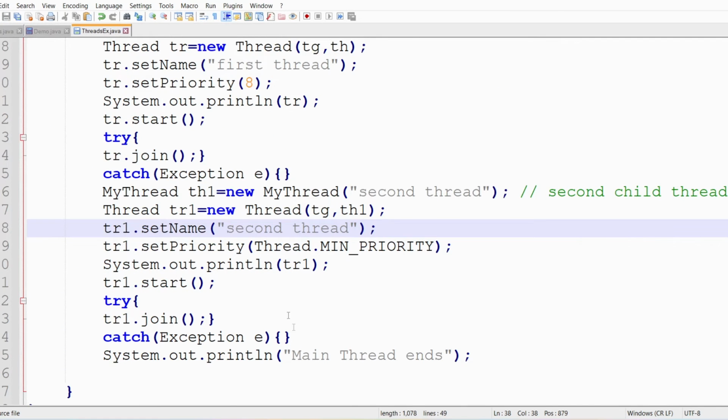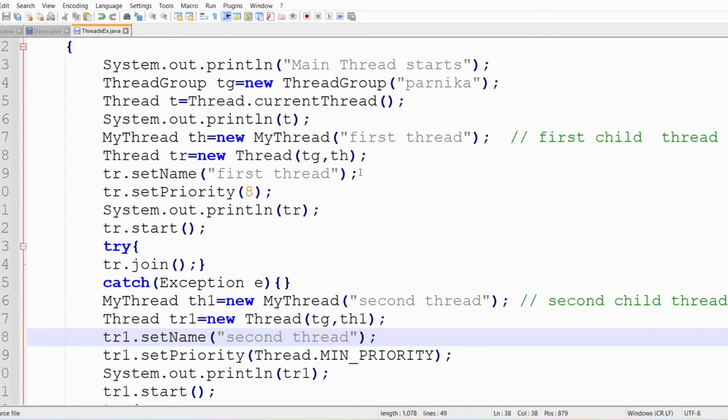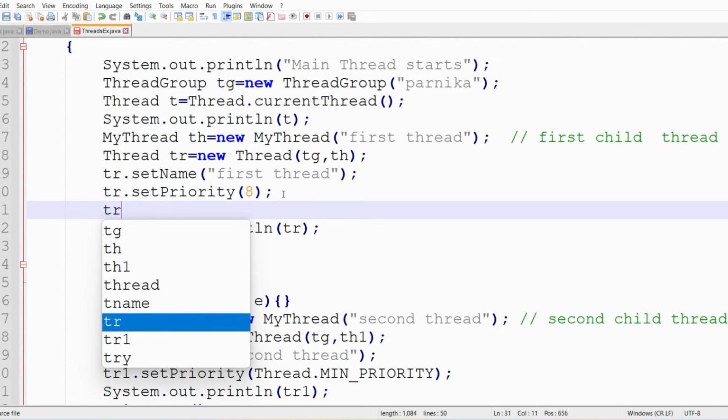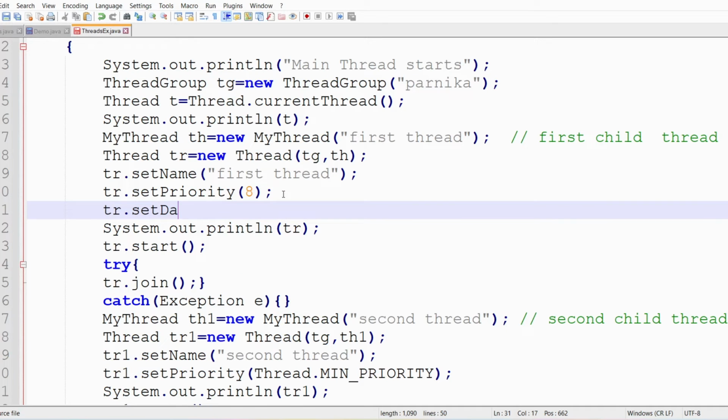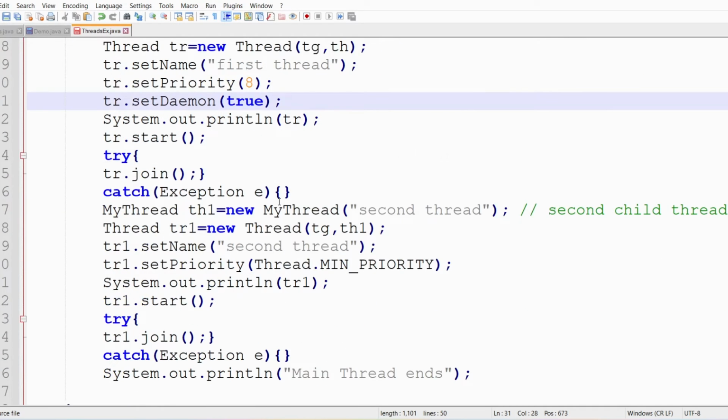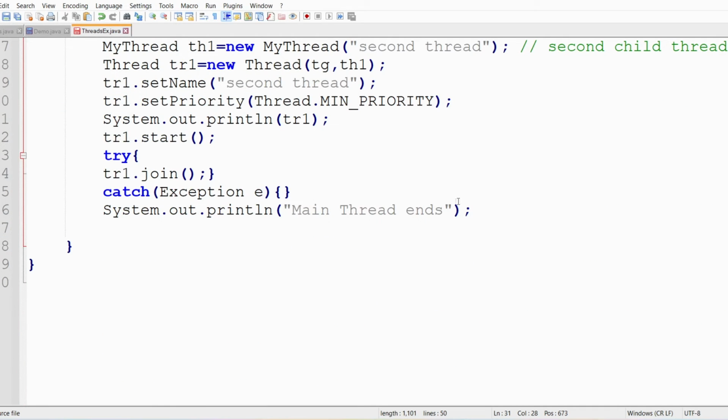Now let me discuss this concept practically with an example. I will make the first thread the daemon thread, or server based thread. So here I will write tr.setDaemon(true). Now it became a server based thread, and I want to verify which threads are server based threads and which are user defined threads. Then I will write